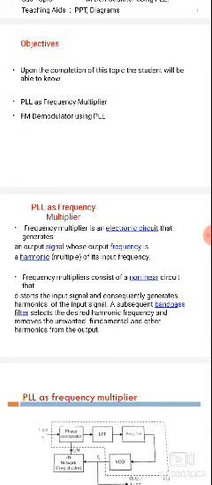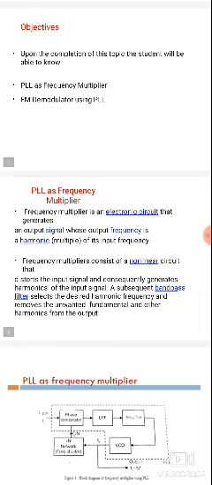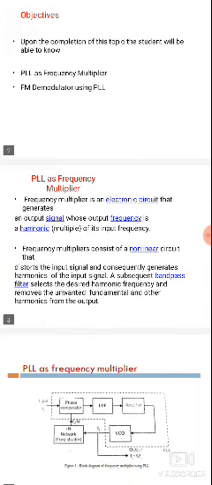Along with these topics, we also covered IC 565 and 566. The 566 is a voltage controlled oscillator with an 8-pin diagram. In the 8-pin VCO, the third pin is used for generating a square wave, the fourth pin is used for generating a triangular wave, and the remaining pins are connected to ground, supply voltage, external resistor and external capacitor. The PLL also depends on the external resistor and capacitor values.